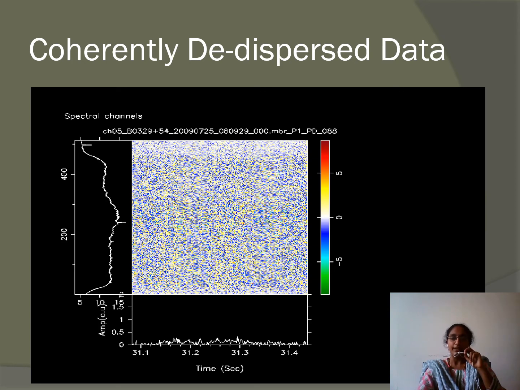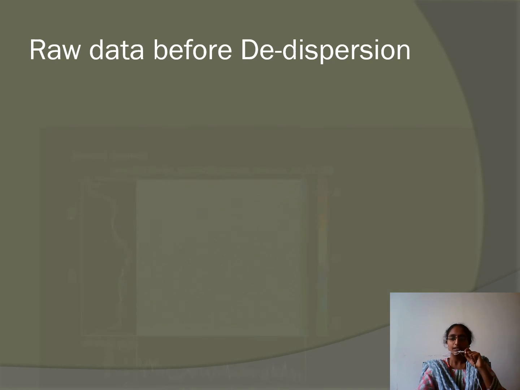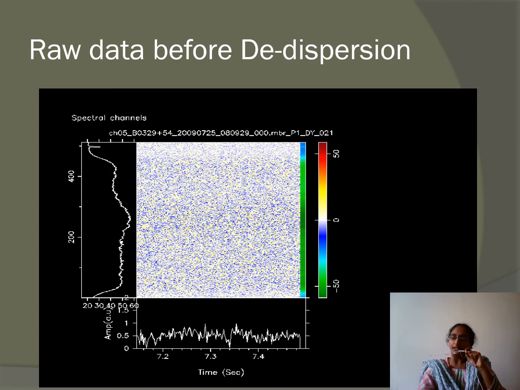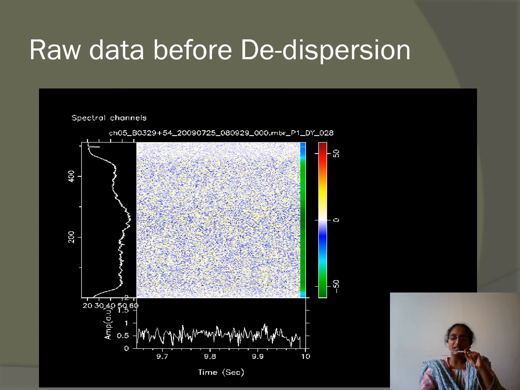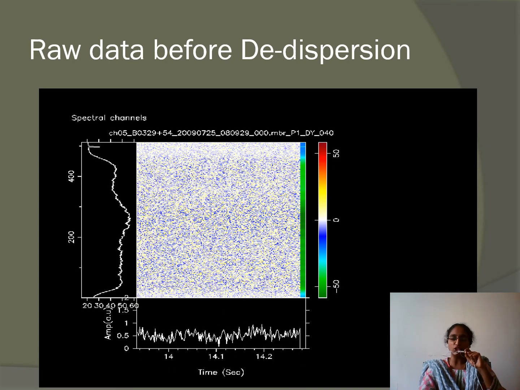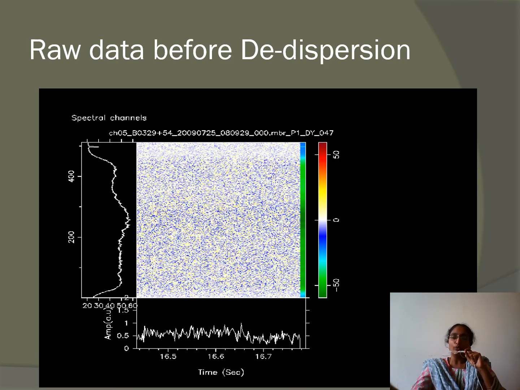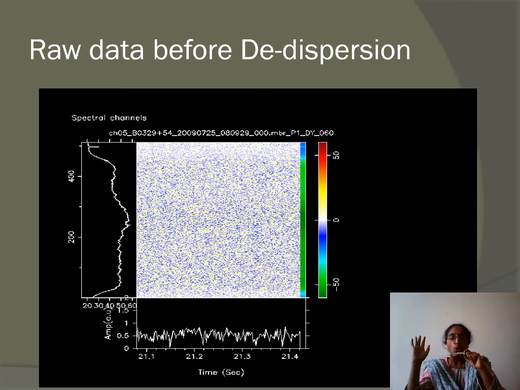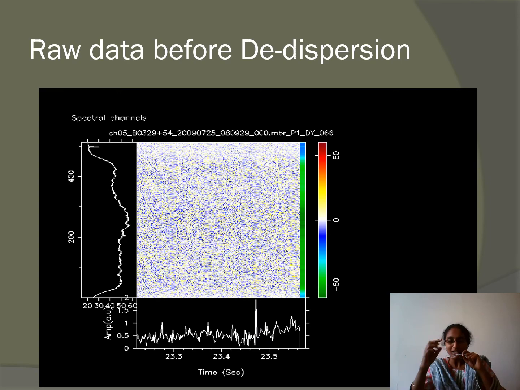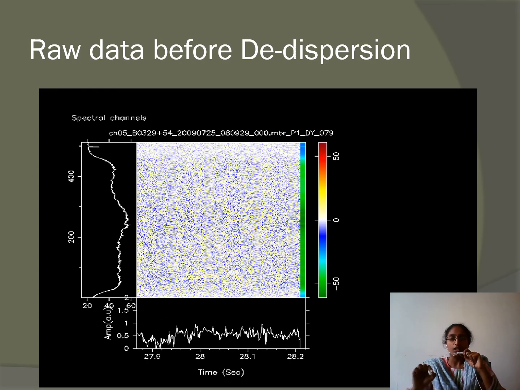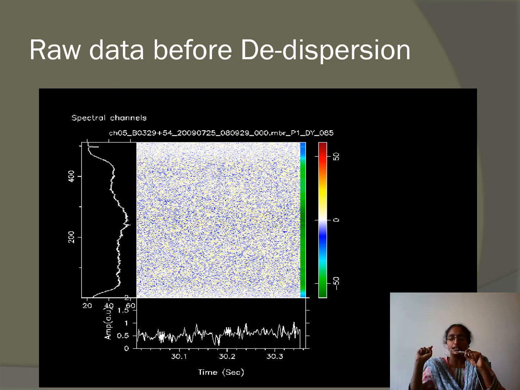Now I will show you how it was before correcting. This is the raw data before correcting. Here is that slantedness. Look at the time average. Actually the time average is almost seen as a noise signal. There is no pulse peak. There is no information about the pulses produced. So we don't have any information about the pulsar signal. Only after showing it as an image, somewhere we could find some yellow light slantedness. So we can tell yes, the pulsar signal is there.